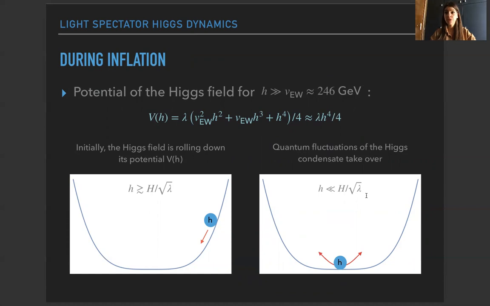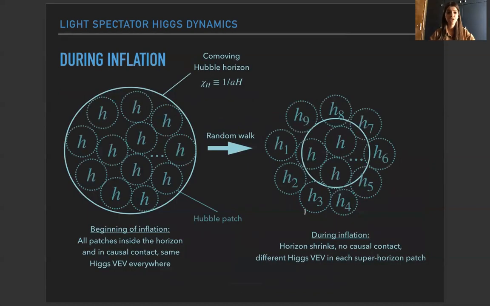And these quantum fluctuations are very interesting because they can actually stretch to superhorizon scales, and I will explain what that means. As I mentioned earlier, the moving Hubble horizon was so large that it enclosed our entire observable universe. So every single Hubble patch was actually in causal contact with the others. So even if the Higgs had some quantum fluctuations, the Higgs VEV would still be the same at every Hubble patch